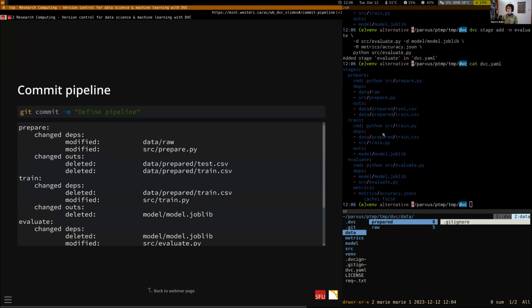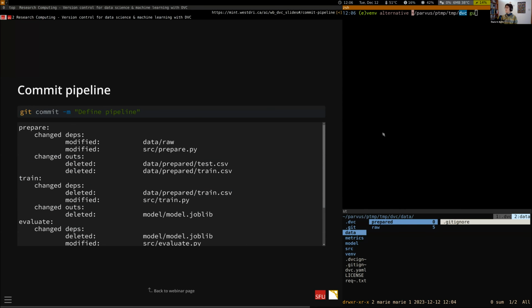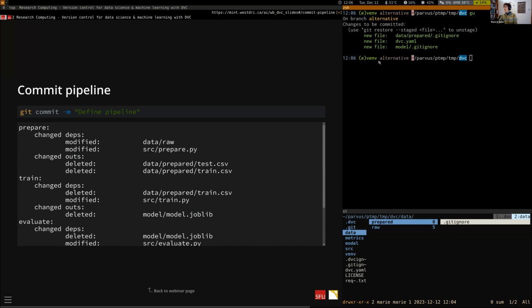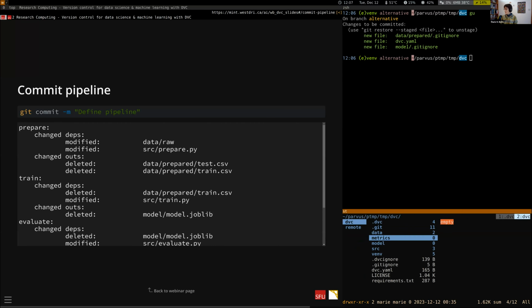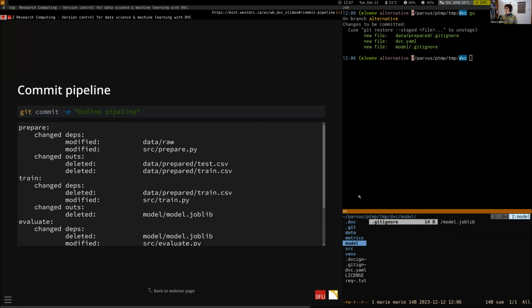Okay. So of course, I want to put this under version control, right? Because I have a bunch of stuff that has happened here. First, I have the dvc.yaml file. And again, they're staged because of my auto-staging thing. Then under model, I have a new .gitignore that got automatically created, and it's got this joblib file that will be created, and that shouldn't be version controlled. So DVC takes care of all of this,